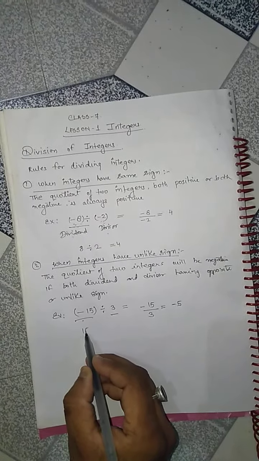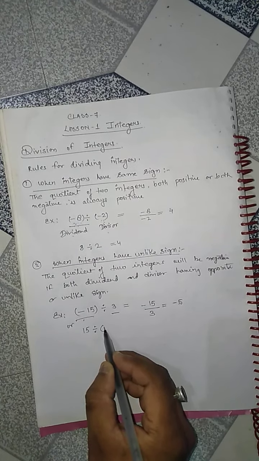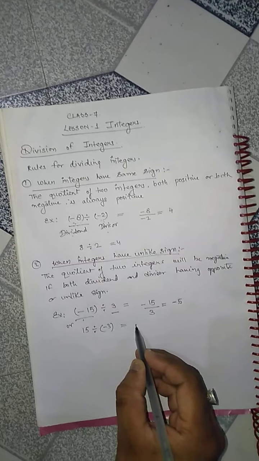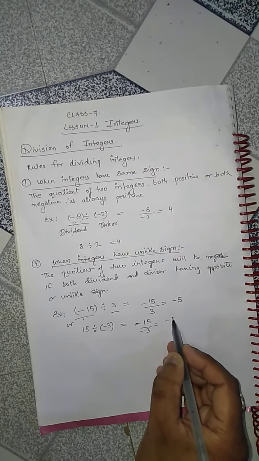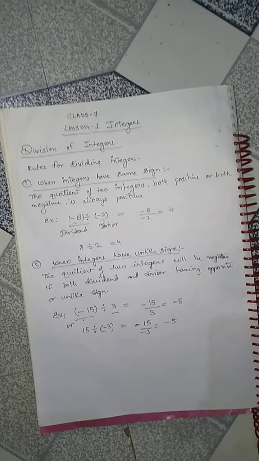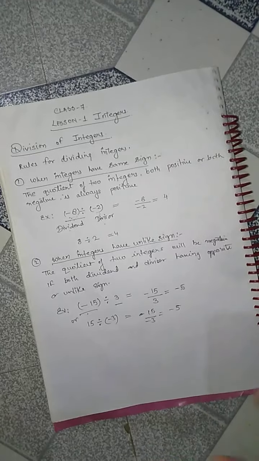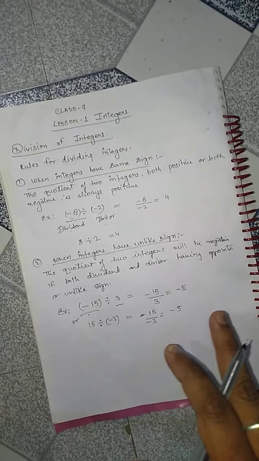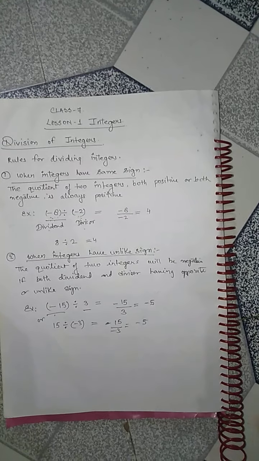Or suppose the dividend is positive but the divisor is negative, in that case also your answer will be the same, minus 5. Clear? These two rules are very important, so remember this, or you can take a screenshot of this. Okay,